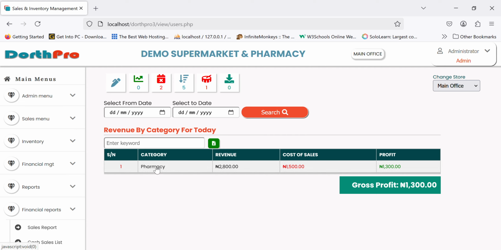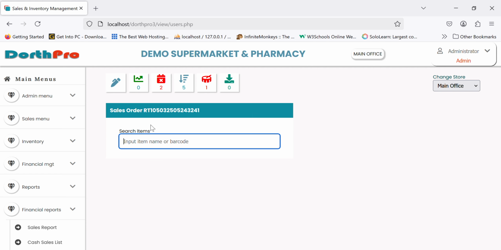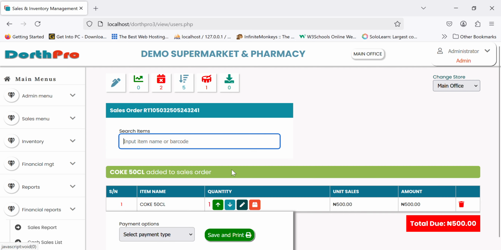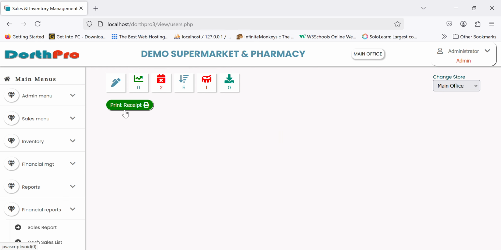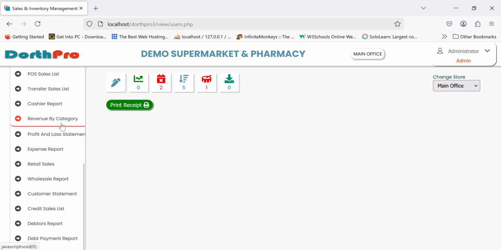If I sell another item, for example, let's see, do you have any item? Coke, right? Okay, let's sell Coke. Once I sell Coke, let's say POS, this is POS today, then save and print. So in this case, if I go back to my revenue by category now,